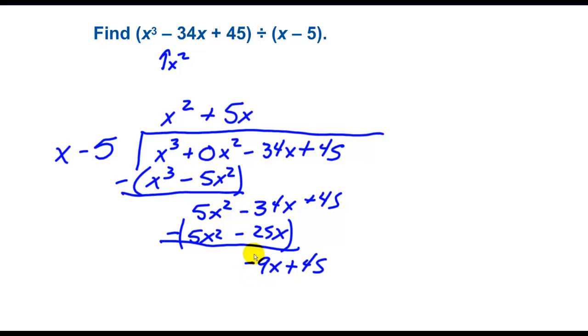X times what's negative 9x? That's a negative 9. Multiply, it's a negative 9x plus 45. Negative 9x minus negative 9x is 0. 45 minus 45 is 0. This is the first time we've had a remainder of 0. Therefore, if I have a remainder of 0,